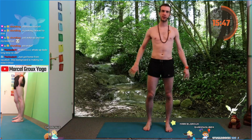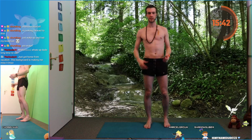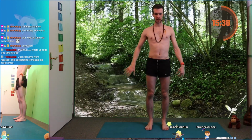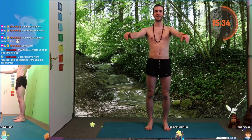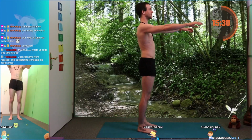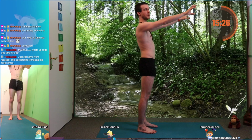Before we go any further, a little bit more stretching. We are also taking care of our wrists a little bit more. And how we're doing that is by training them. We're training them, so bring your hands forward and up, slightly above your shoulders, and then clawing the fingers in,